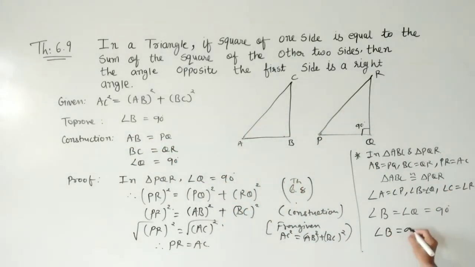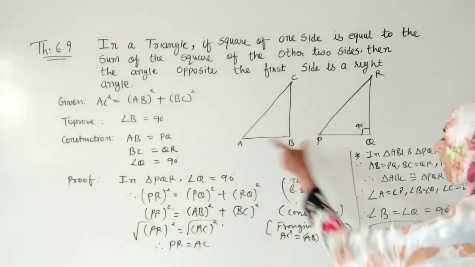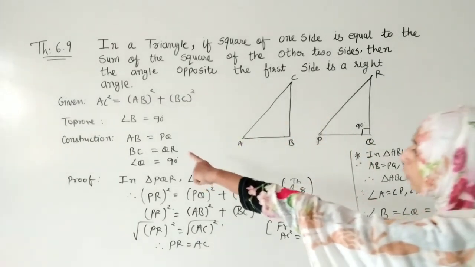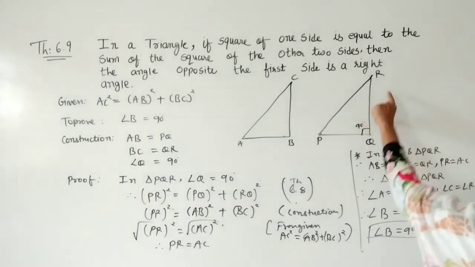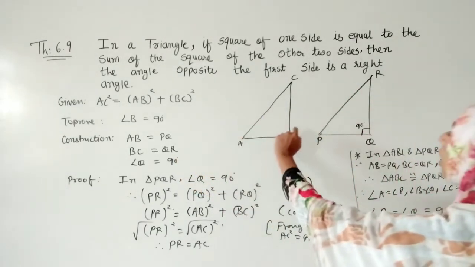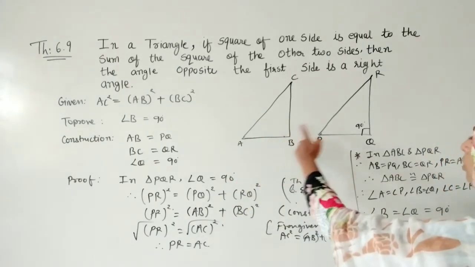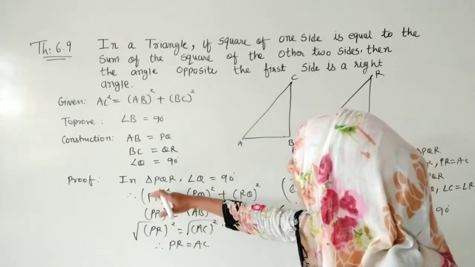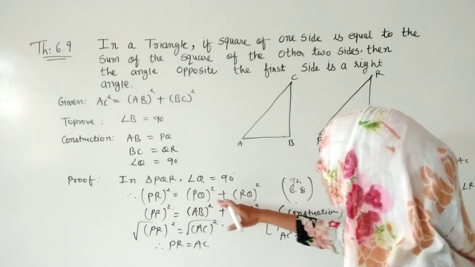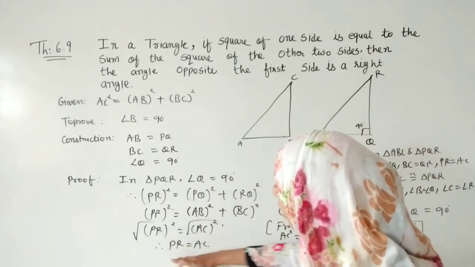So this concept is very easy. Nothing is new, nothing is hard work. You drew AB exactly equal to PQ, which you mentioned in construction. BC you drew exactly as RQ, as mentioned here. Only B being 90 we do not know, and that we have to prove. But angle Q is 90 degrees, which you have drawn. Then you have to apply Pythagoras law in triangle PQR, replace some values using the given, and then prove the third side equal.